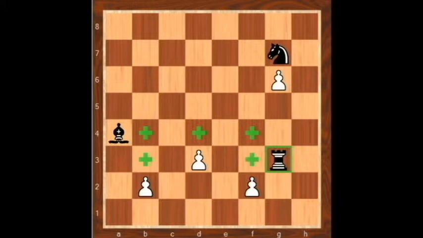See, there are 4 pawns on the board. The b2 pawn can go either to b3 or b4 because it is in the starting position. The d3 pawn can move only one square because it already moved once. And the pawn on f2 can capture the rook because it was attacked earlier, and the pawn can go to f3 and it can go to f4. But coming to the pawn on g6, it cannot move because it was blocked by the knight at g7.